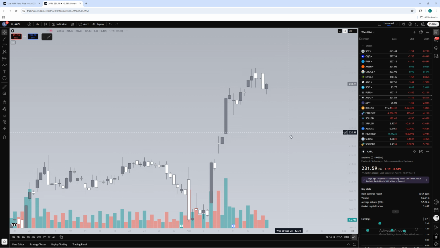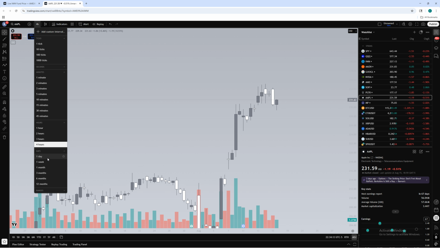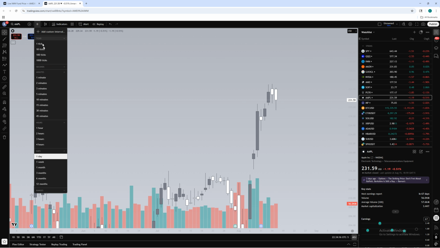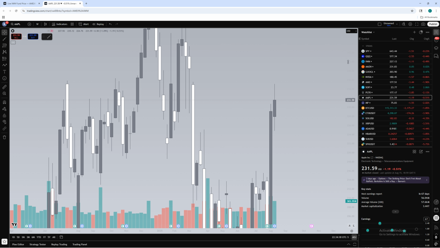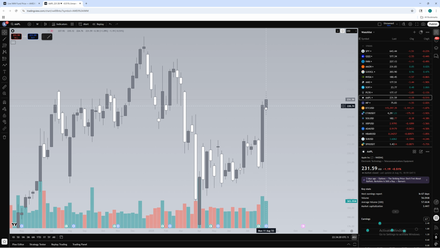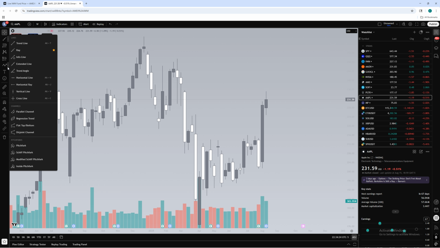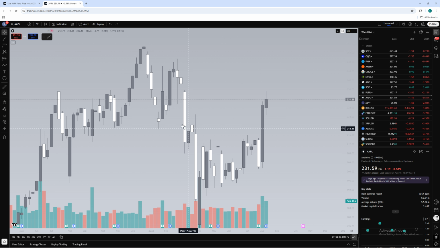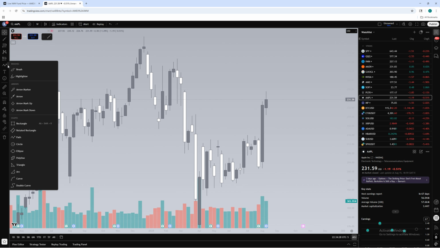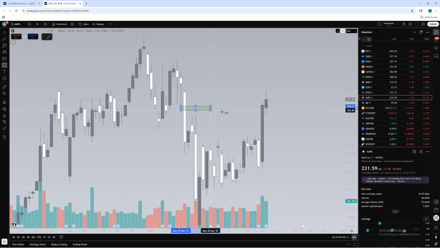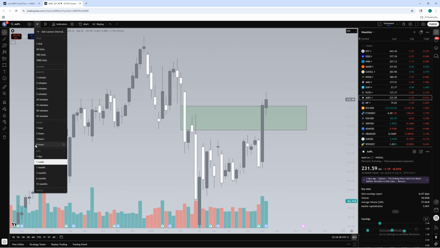And then we'll go over Apple. We closed above this fair value gap on the weekly, so we'll probably continue higher, right? So this fair value gap here. This is a weekly, by the way. Our fair value gap there. We did inverse that, right? So if you did something like that,